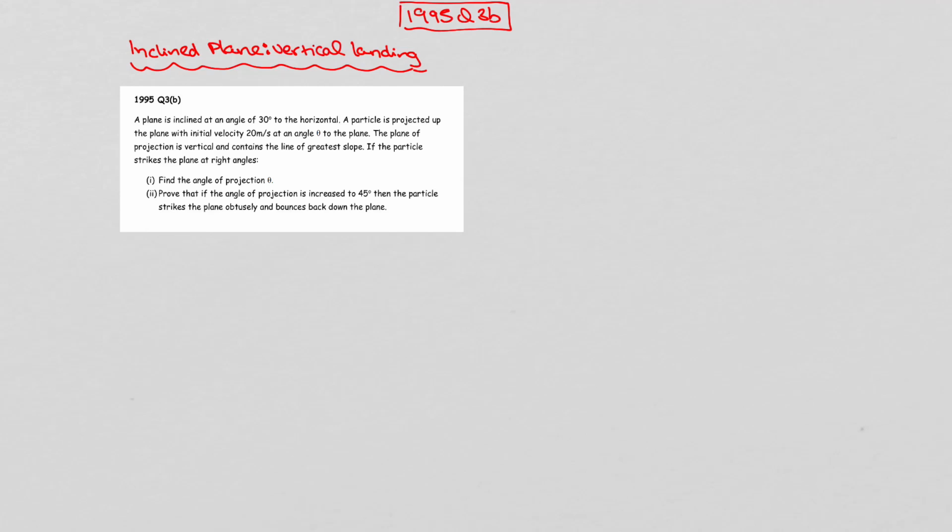1995, question 3b, inclined plane, vertical landing, projectiles. So here we have a plane which is inclined at an angle of 30 degrees to the horizontal, and a particle is projected up the plane with an initial velocity of 20 meters per second at an angle of theta to the plane. The plane of projection is vertical and contains the line of greatest slope, and if the particle strikes the plane